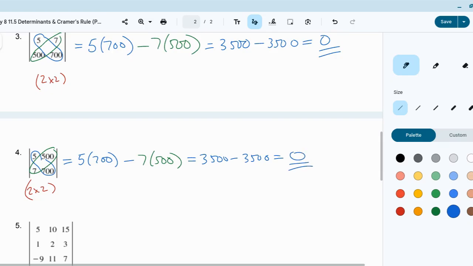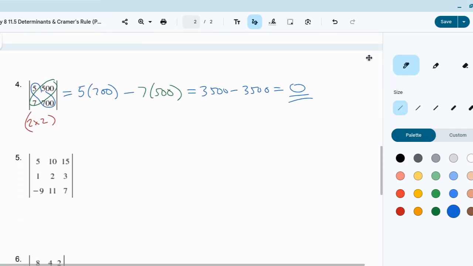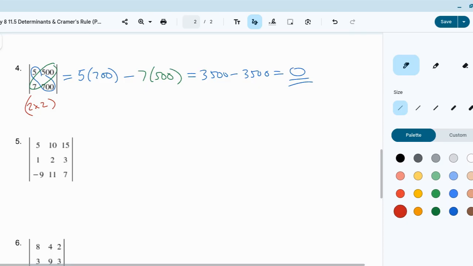All right, not as much fun. The 2 by 2s are kind of straightforward. Let's get to the 3 by 3s. This is where the fun gets going right here. So as I start with this 3 by 3,